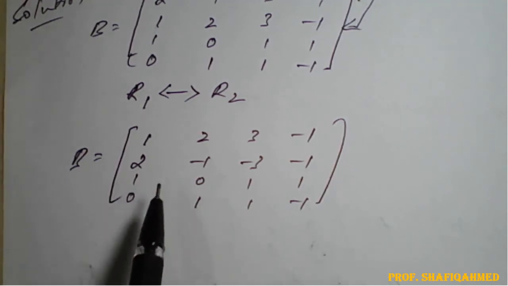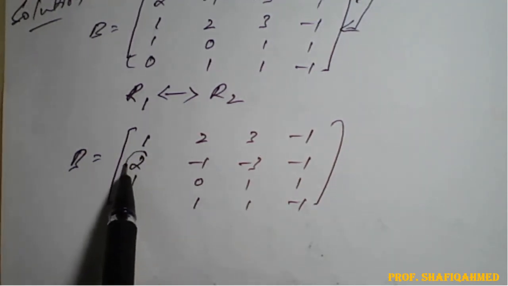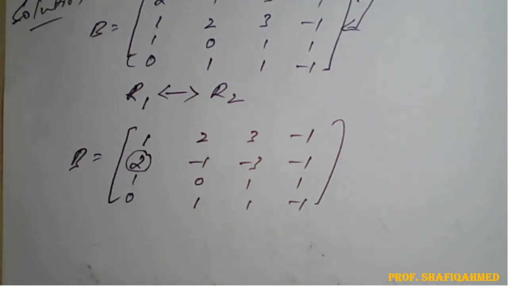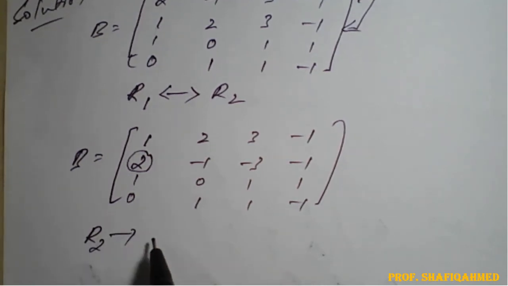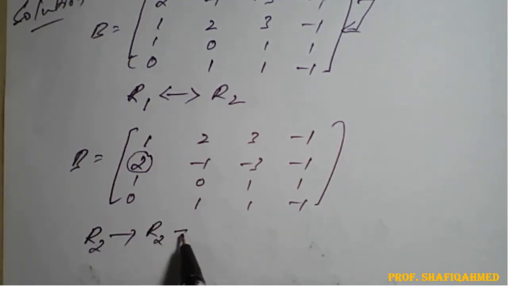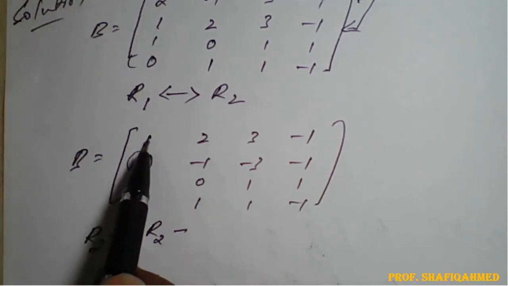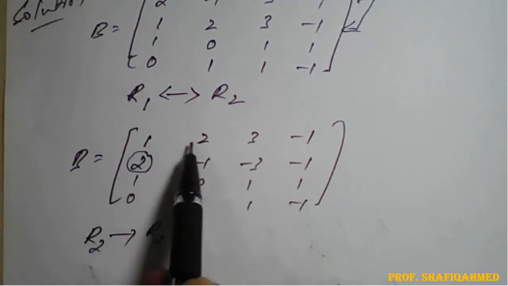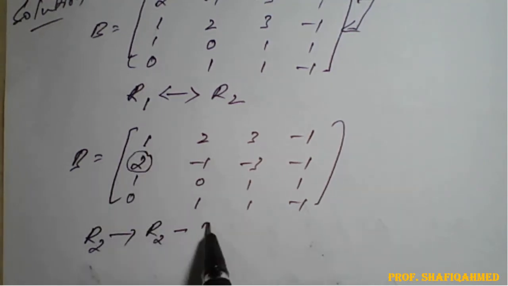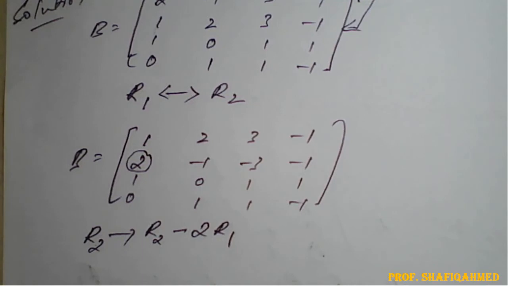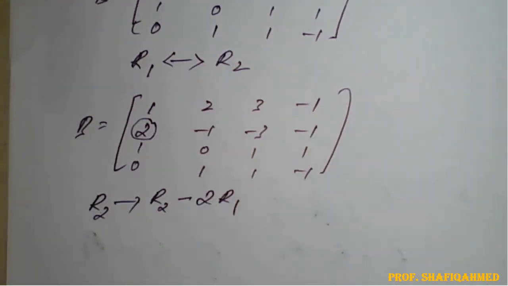Now we will make this element 0 to get the echelon form. So the formula is, on R2, R2 minus 2 times R1. To make this 2 into 0, we need to multiply by 2, so 2 times R1. This is the formula. So therefore matrix B will become